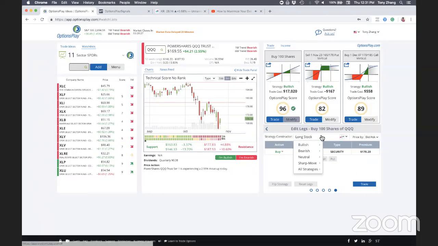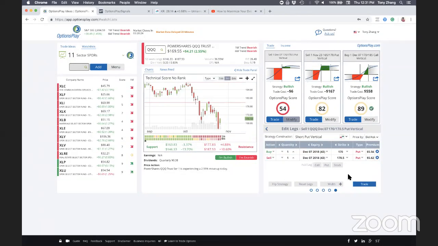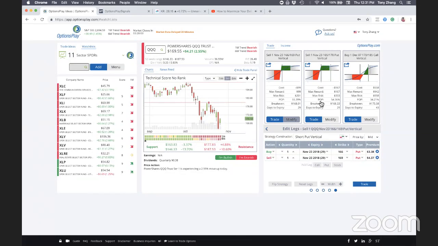You can even set up different credit spreads. A lot of times you might want to play around with different widths. So instead of selling a $5 width, maybe we look at a $3 width. On a $3 width, I want to collect roughly $1, so I'm going to keep moving these strikes until I get to roughly $1. As you can see here, this means I'm selling a 169, 166 put vertical. So here, instead of risking 333 to make 167, I'm risking 200 to make 99. So same risk reward ratio, very similar probability of profits.